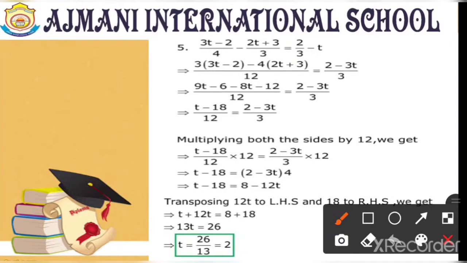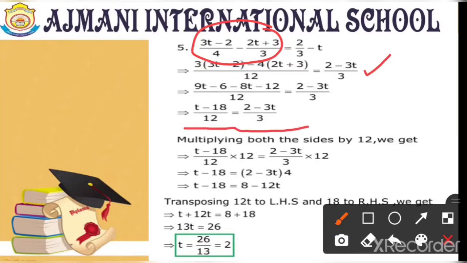So, just take the LCM of your left hand side. You would be getting 12. 3 whole bracket of 3t minus 2 minus 4 bracket of 2t plus 3 is equal to 2 minus 3t by 3. When you will solve it further, you will get t minus 18 upon 12 is equal to 2